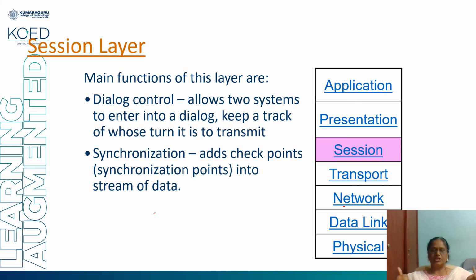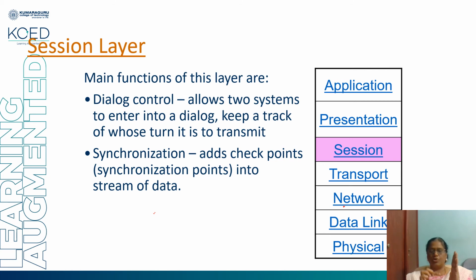Another function is synchronization. Synchronization is always between two different ends. Here it adds a checkpoint to the stream of data. Suppose we are going to send 1 KB of data, this session layer will add some major synchronization points and minor